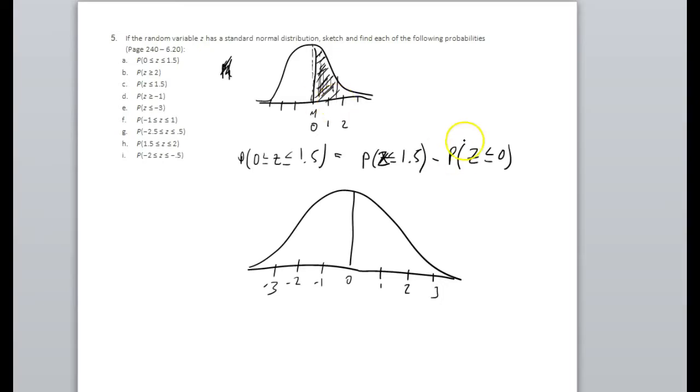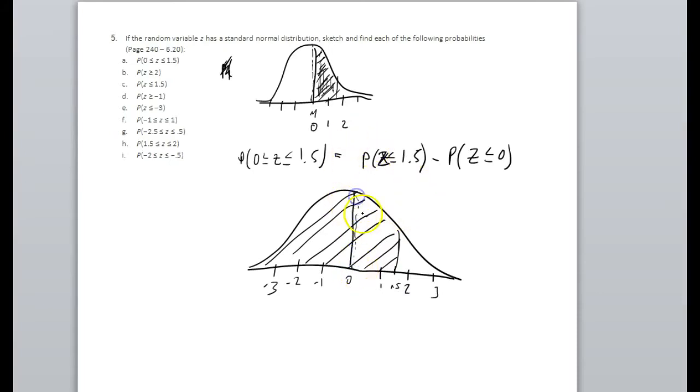So when we look up z is less than 1.5, this spot on the graph, when we find that value, it's actually going to give us the area under the curve of this whole thing all the way up until 1.5. Okay? So if we're wanting to just find a sliver, so if we're wanting to